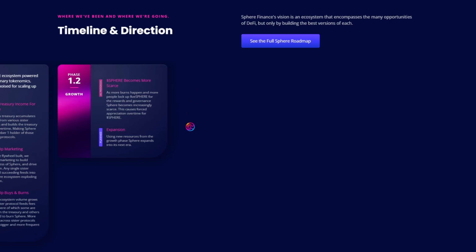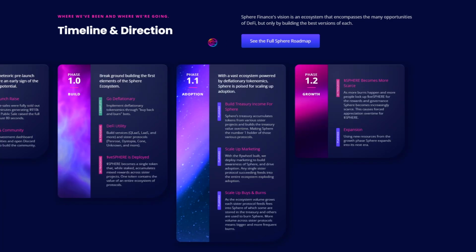and more people are interested in locking up VE Sphere for the ecosystem rewards and governance, the Sphere token will become increasingly scarce. While that is occurring, using its ecosystem of resources, Sphere will expand into its next era. Remember, our vision is an ecosystem that encompasses the many opportunities of DeFi, but only by building the best versions